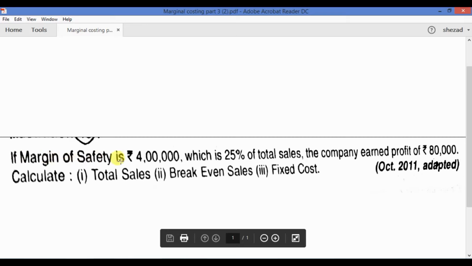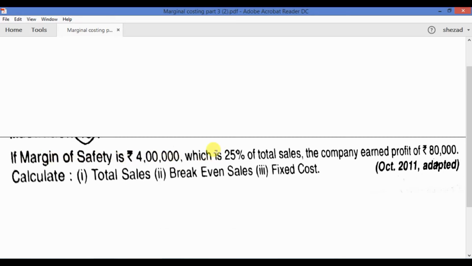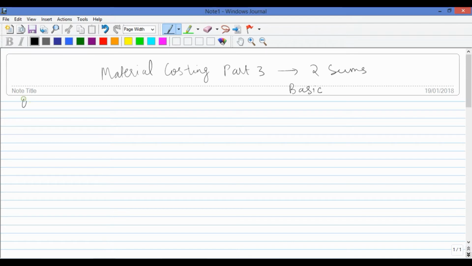If the margin of safety is 4 lakhs, which is 25% of the total sales, the company earned a profit of 80,000. Calculate the total sales, the break-even sales and the fixed cost. In this sum you can notice that the margin of safety is given to you and it is 25% of the total sales. So what we need to do is